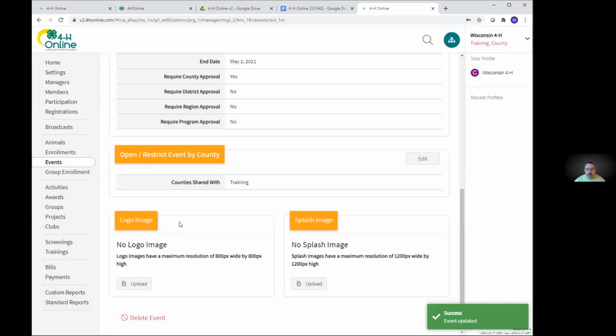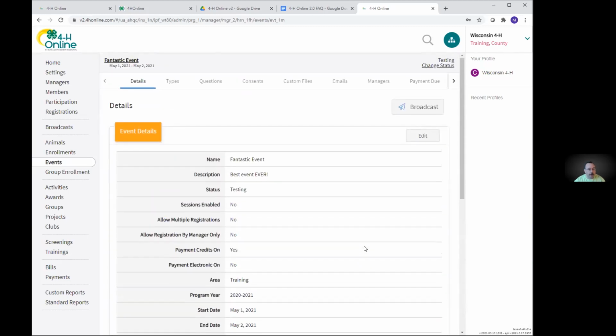Okay, here are two images. There's your logo image and there's the splash image. These appear in different places, and I'll show you which is which. They appear in different places when the family goes to register. So the box that has the event in it with the register button, they can have a logo image, and you can have a splash image, or you can skip them both or skip one, have the other. So this is where you would upload those. Okay, at this point, I'm going to jump over to my other event that I already have somewhat started.